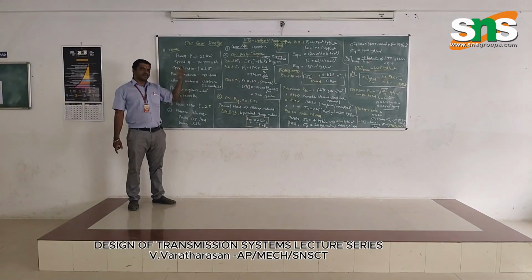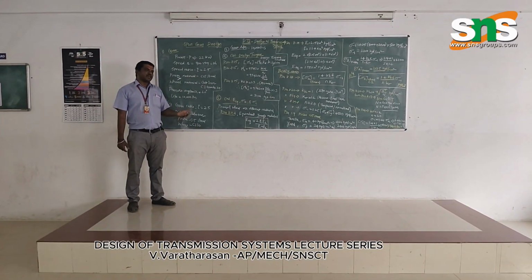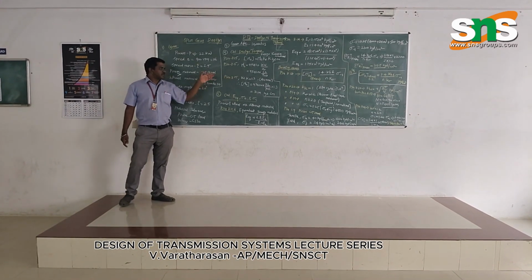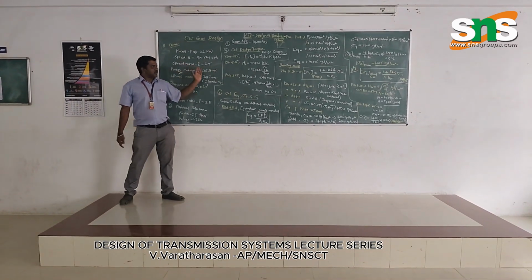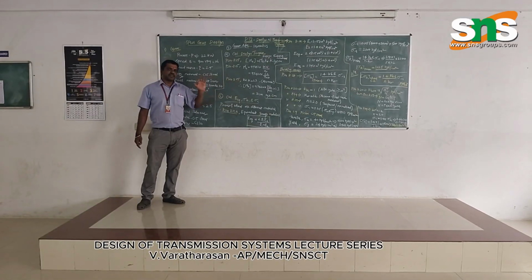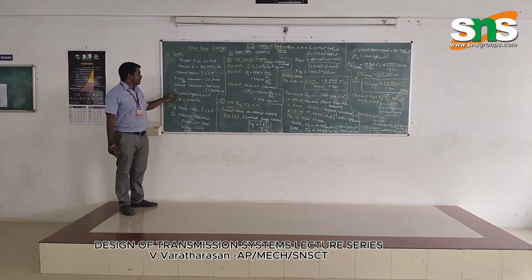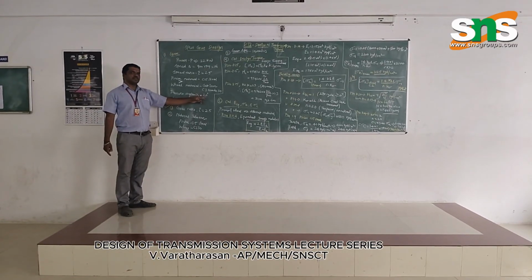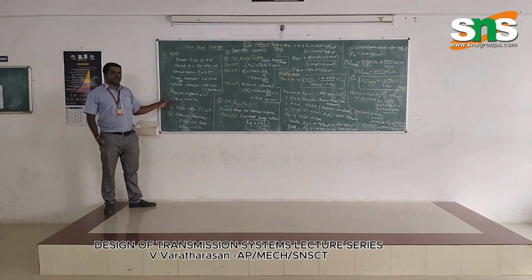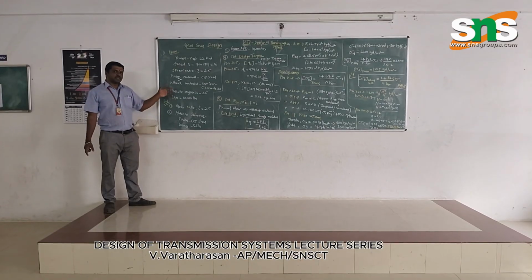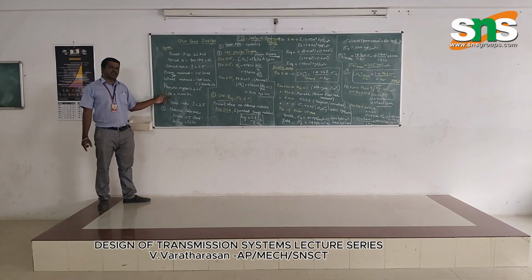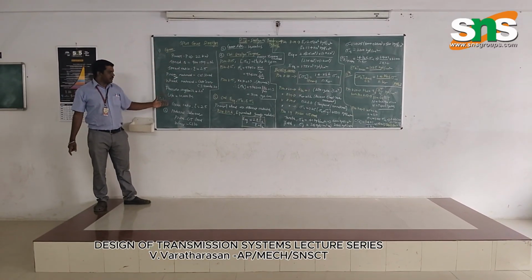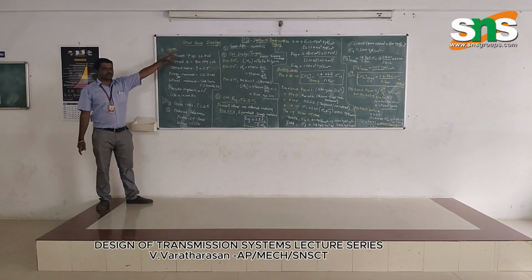Each and every material, the data will change based on the materials. That's why we are using the PSG data book. The PSG data book is very important. Also the pressure angle alpha is given as 20 degrees. And what is the running time of that machine? That is considered as the life, 10,000 hours. These are the given data. Based on the data, we want to design this pinion gear.